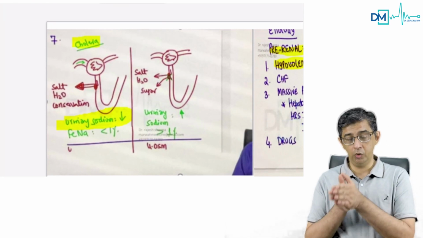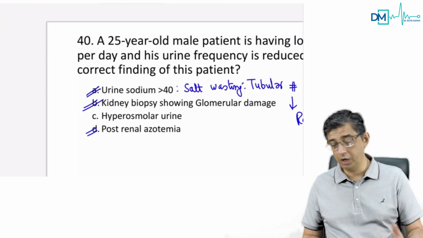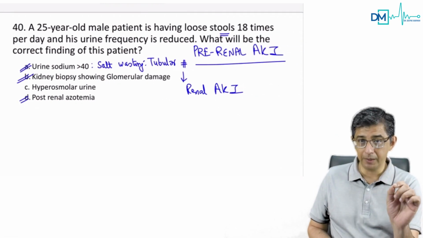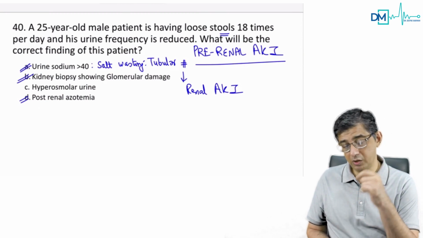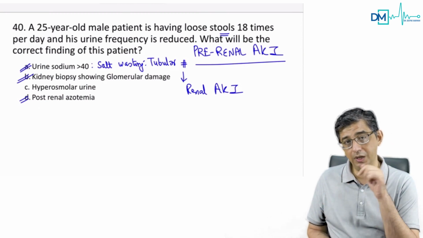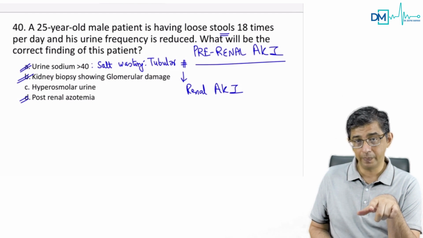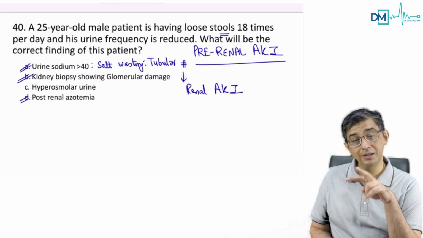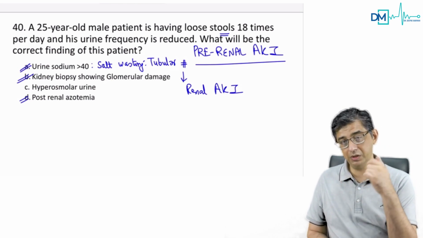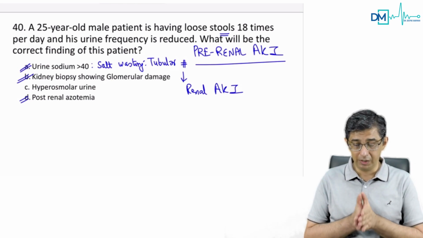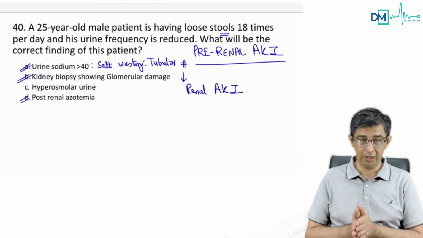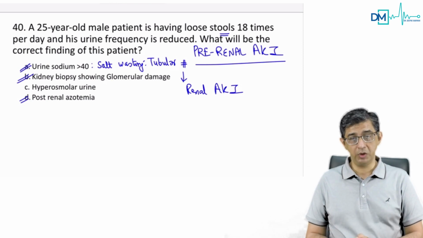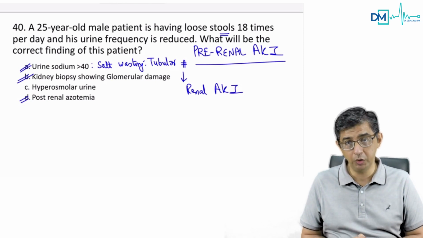When you have a renal variety, you have a high urinary sodium, which rules out option A, on which a lot of you were confused. I would suggest you go through the acute kidney injury topic, AKI. Just go through the stages because there was a pediatric question that I'll discuss subsequently on acute kidney injury in this exam. So two questions on AKI came. One is regarding the variety, and second was regarding the staging. I'll discuss the staging part subsequently, but I want you to know the etiology of acute kidney injury and how it manifests in the person. The correct answer to this question would be choice C. That would be hyperosmolar urine.